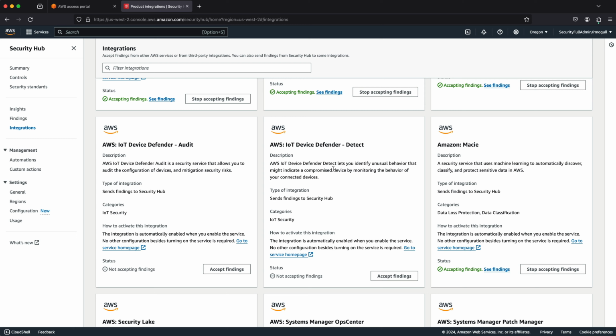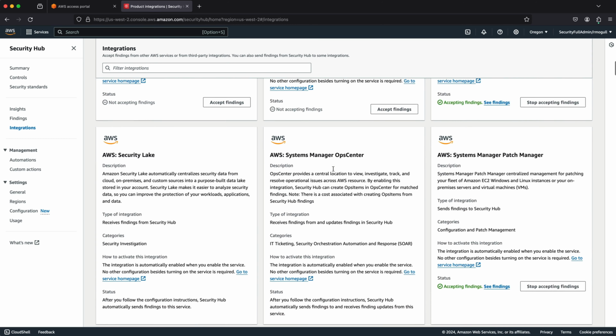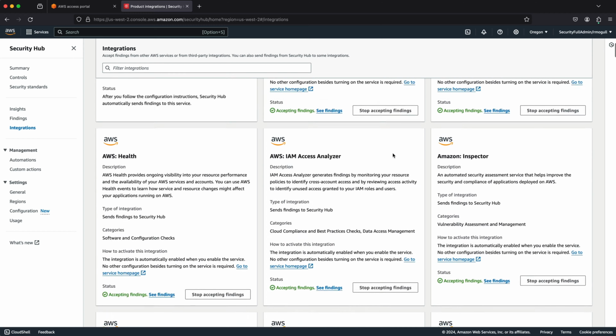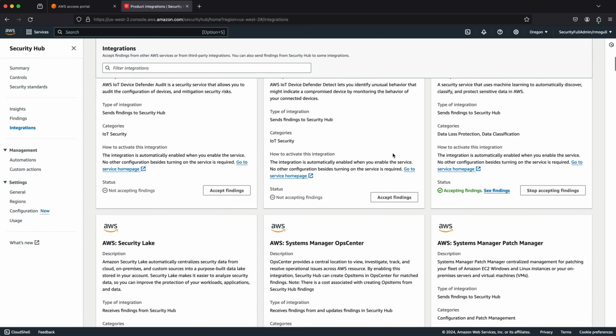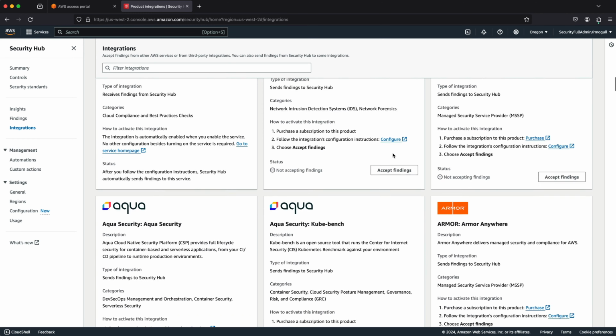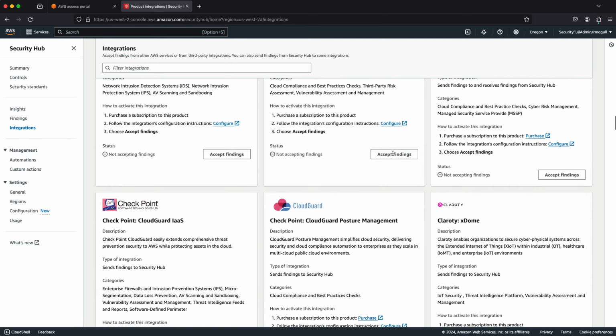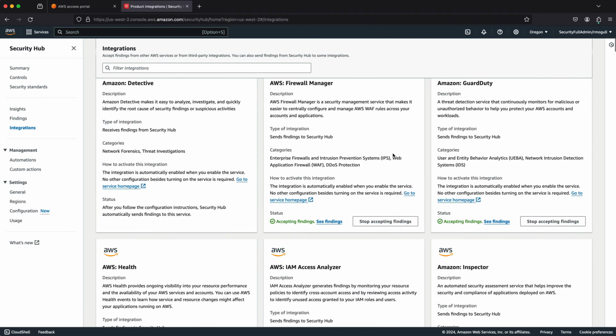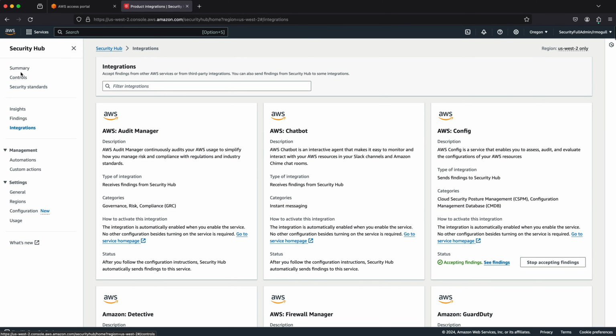Now, some of them you might need to turn on. We're not using IoT Device Defender or any of those capabilities. We're not doing Security Lake. So there's a ton. This is just all the Amazon tools. And then you get into the various third-party tools down here. You can scroll down, see if any of your favorite vendors are on that list. You never know what they're going to send until you check with them. All right, let's go back up